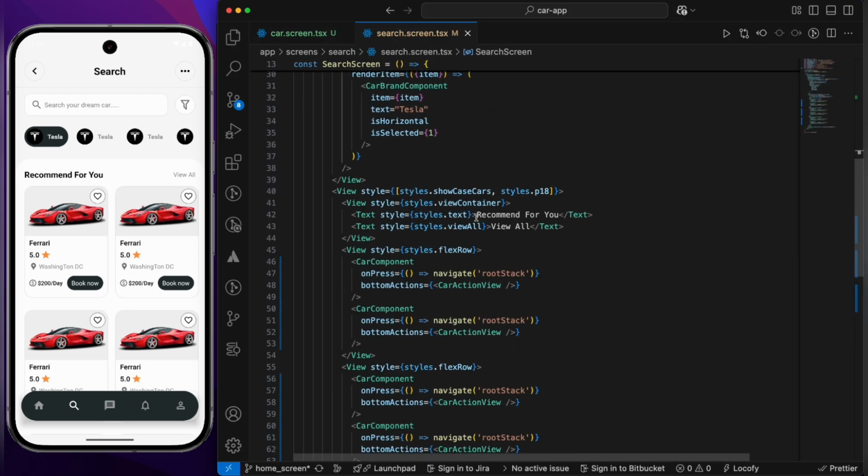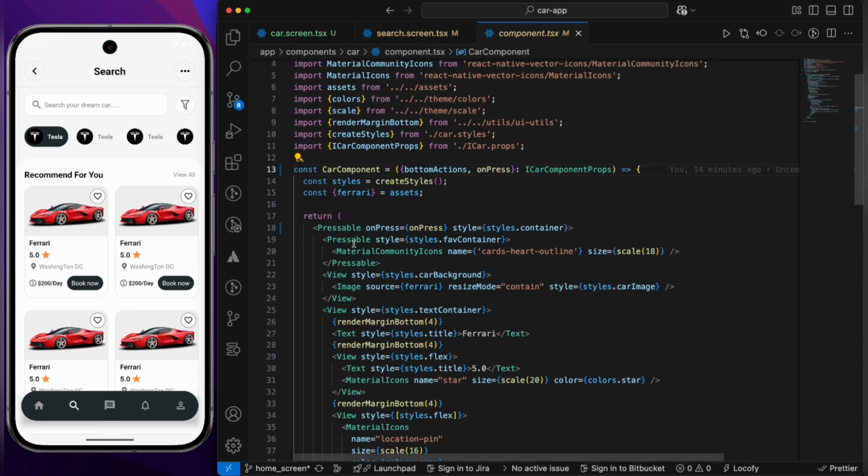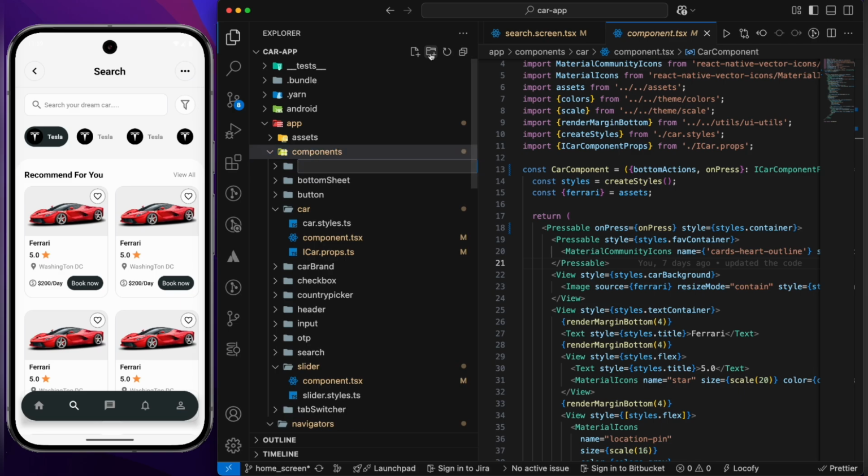Over here you can see that I have this particular car component, and inside it I have this card heart outline. Can we make this and put it into a separate component? Yes, we can do it, because we are going to follow the DRY rule, which is do not repeat. So let's type over here